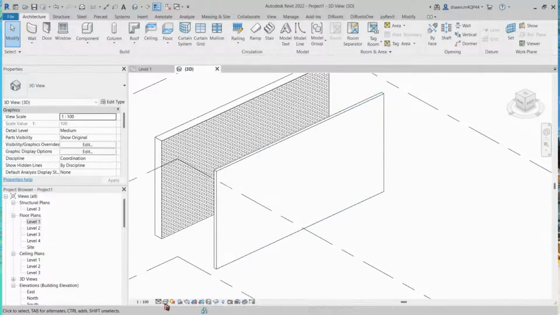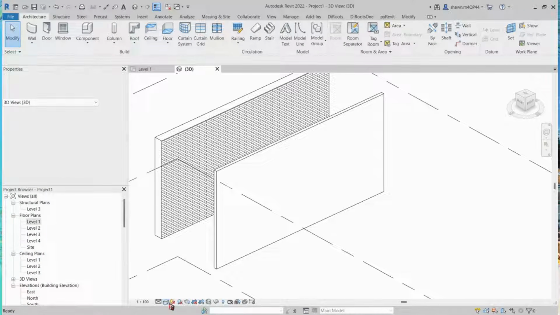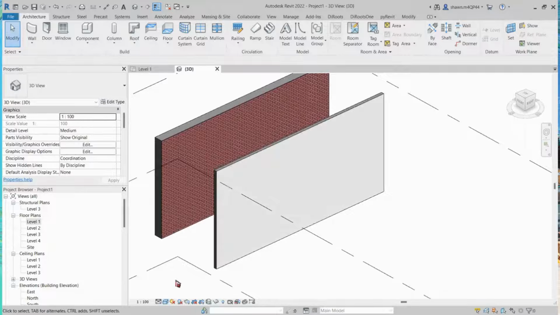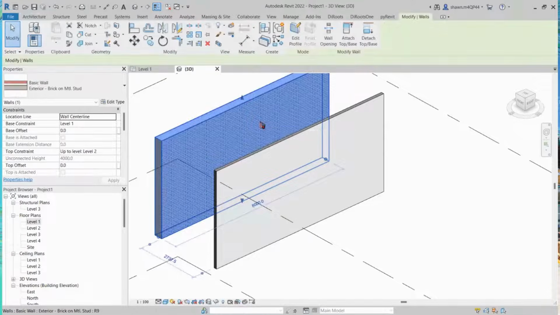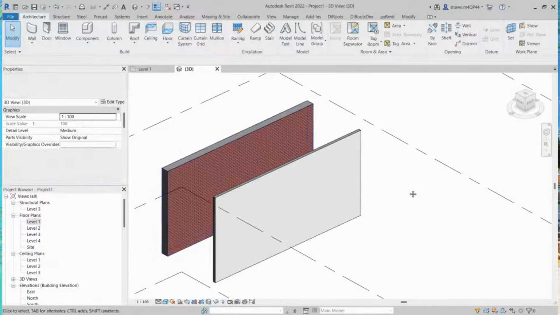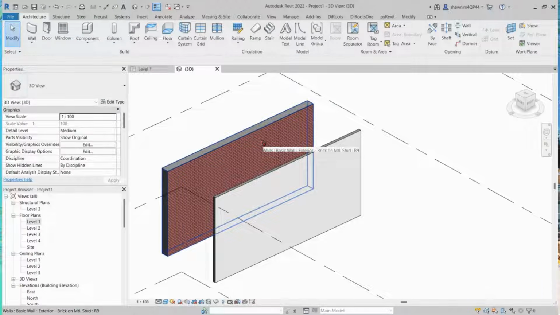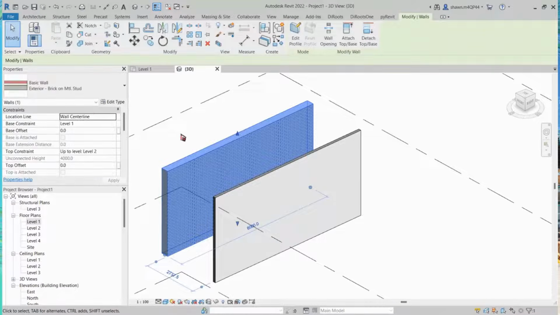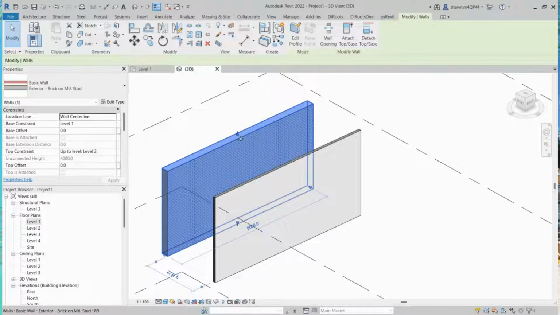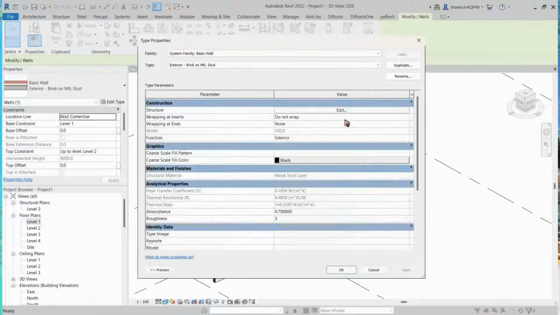And by default, the visual style is set to hidden line. If we wanted to change it to shaded, then we just have to select the visual style. From hidden line, let us try to select shaded. Okay. So what you will see here on the shaded view are the shaded type of material that you set on the properties. Let's say, for example, on this brick on metal stud, if I go to edit type and select edit